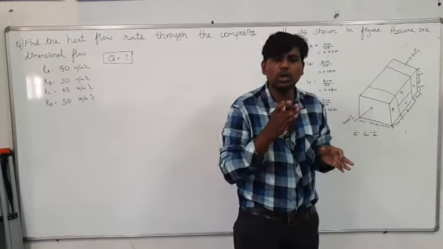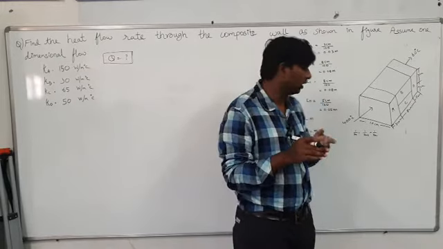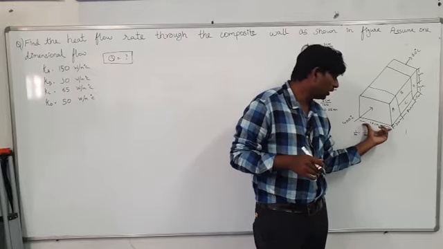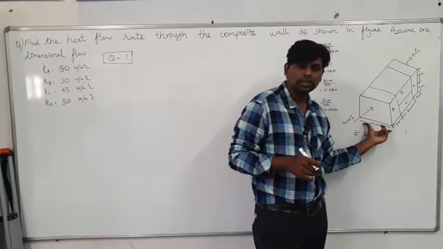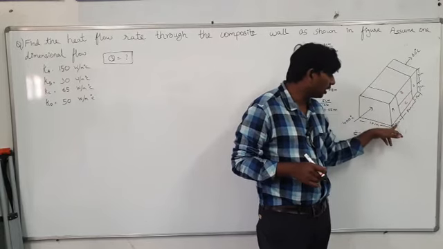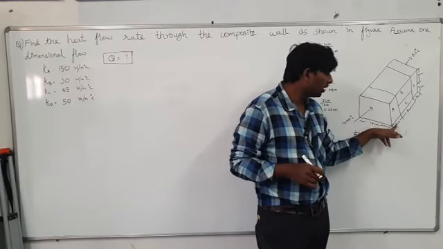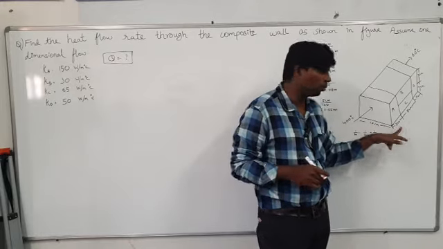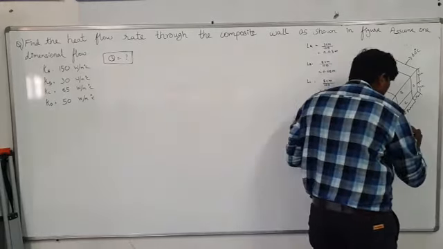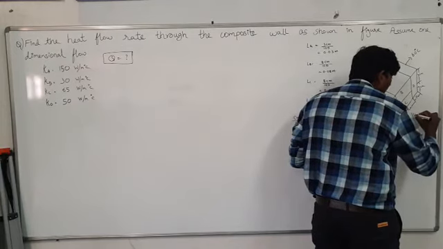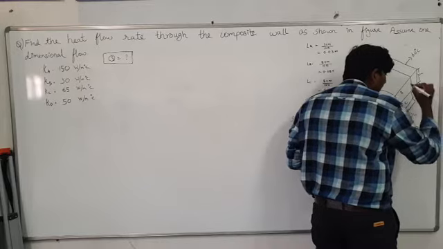So you have to see the heat flow direction. See, heat is flowing from this path, and see how much it is moving. 3 centimeter. This one you have to consider. But already this one you took as LA, this one you took as LB and LC, and this one you took as LD.